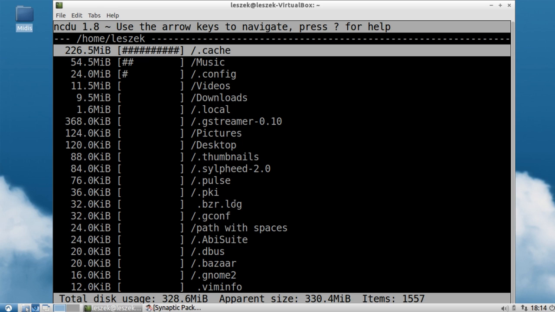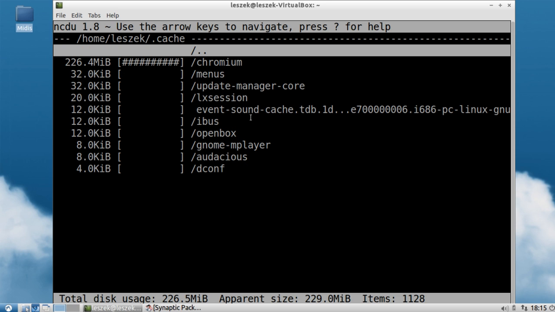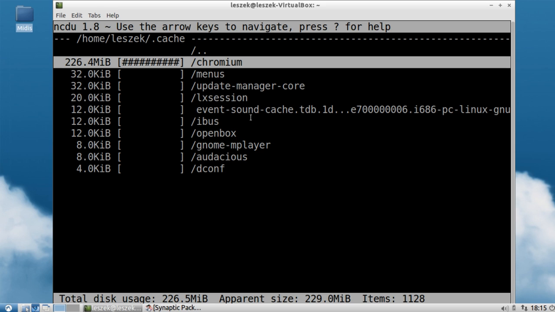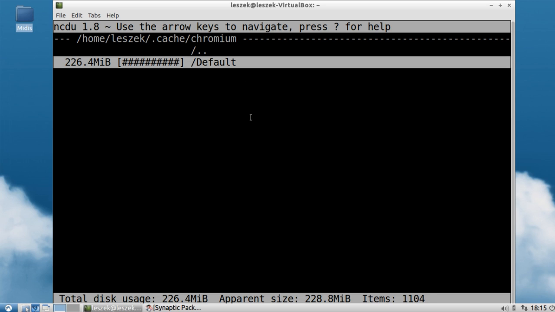And as you can see here now, first of all, in a human readable format, I can see the directory taking the most file system space in here. I can see it not only in megabytes but also in a nice graphical way here, and I can navigate into it and see the various other directories that are taking the most space in this subdirectory. I can go in here,